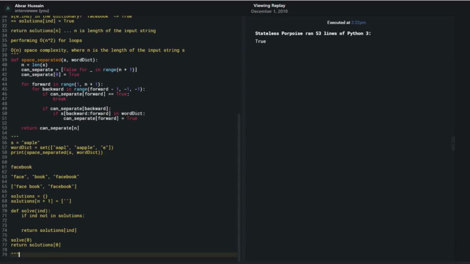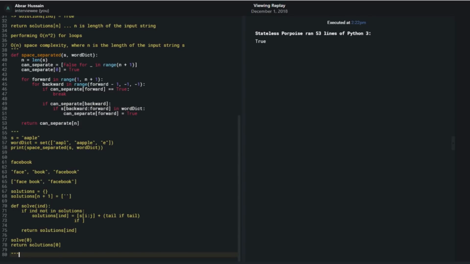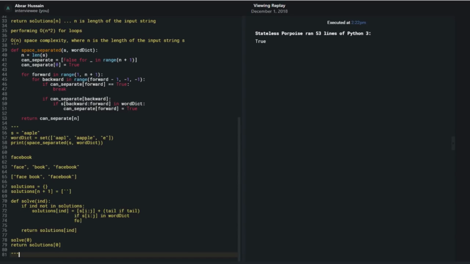At which point you say that solutions of ind is equal to a pretty long list comprehension, where it's something like S from I to J plus tail, if S of I to J in word dict, for J in range, len of